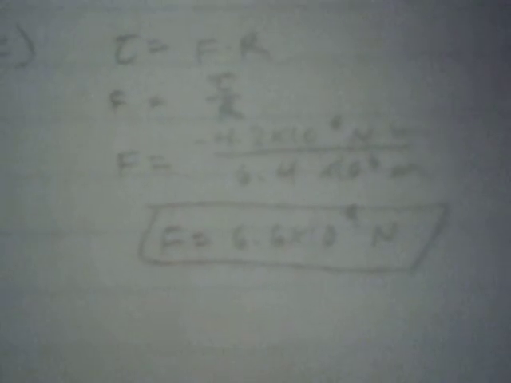And the last part, part C, asks if the friction force caused by the tides were all concentrated at the equator, how large would this force be? So for this, we know that torque is force times radius, so I just turned that to be in terms of force, so force equals torque over radius, and we plug in the torque that we have from the last